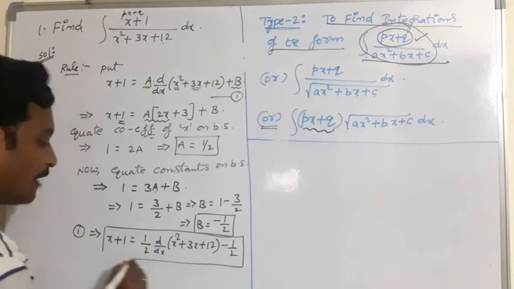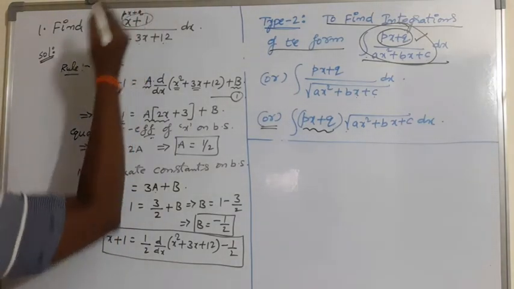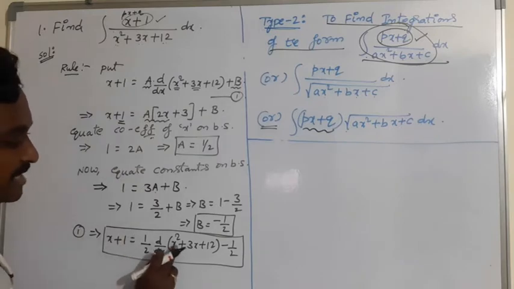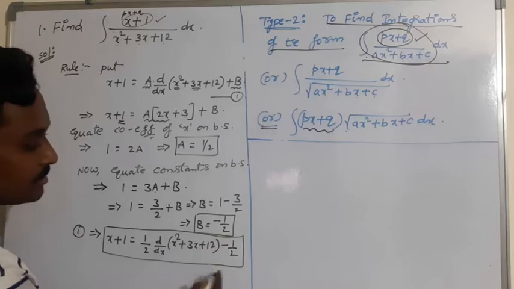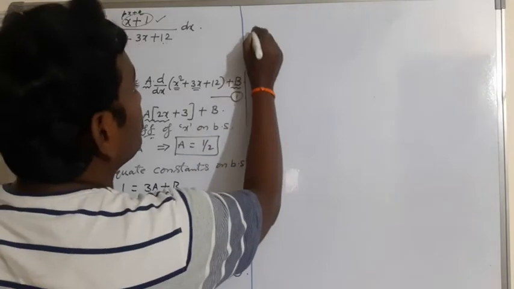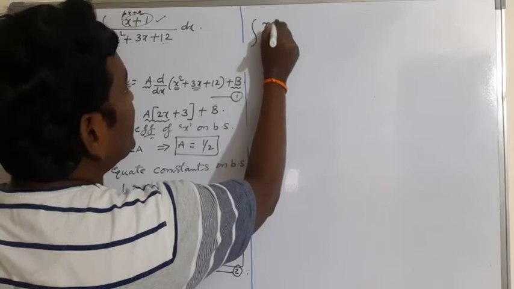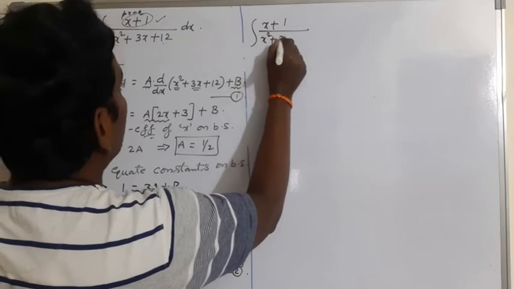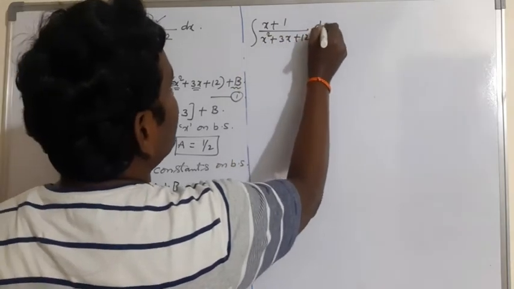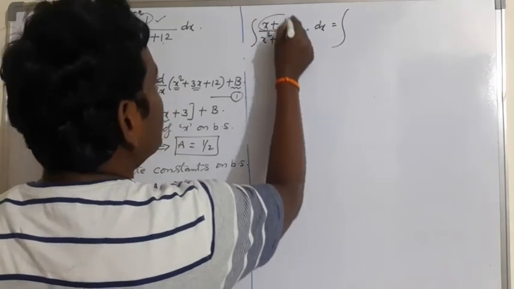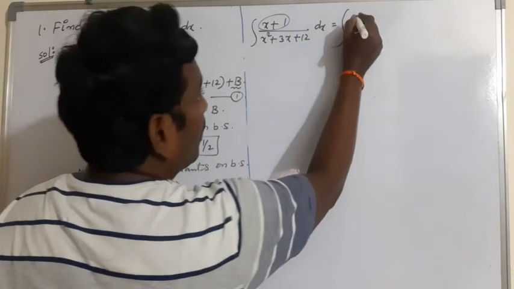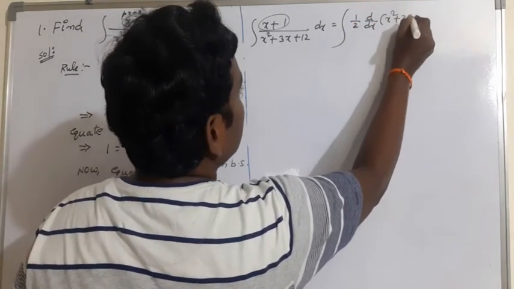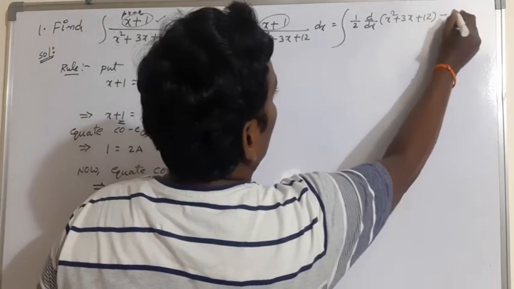In this way we have to change the numerator in the given problem. The numerator of the given problem becomes 1/2 of the derivative of x square plus 3x plus 12, minus 1/2. Take it as equation number 2. Now the given problem becomes the integration of x plus 1 over x square plus 3x plus 12 dx, which is equal to the integration of, what is x plus 1 from equation number 2, 1/2 into d by dx of x square plus 3x plus 12 minus 1/2,